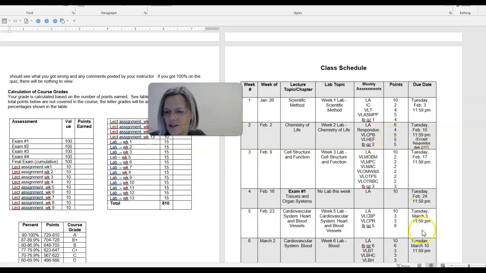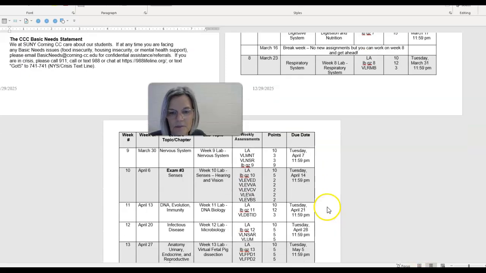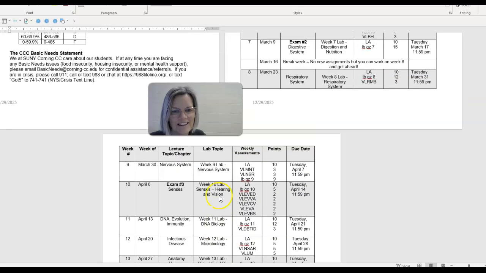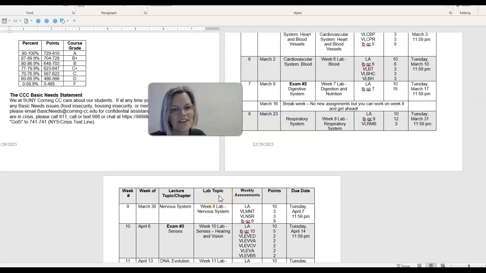Okay, and here's notes on when things are due. Another reminder, everything's due Tuesdays except the final exam is due on a Thursday at noon. Okay, I'm going to stop there. You're going to watch,